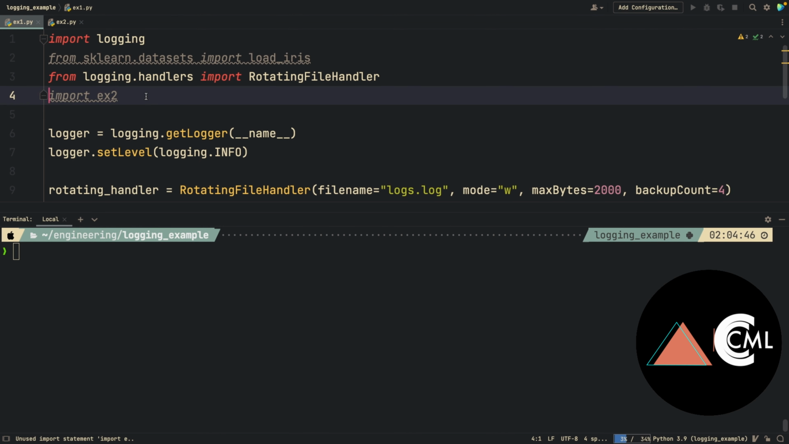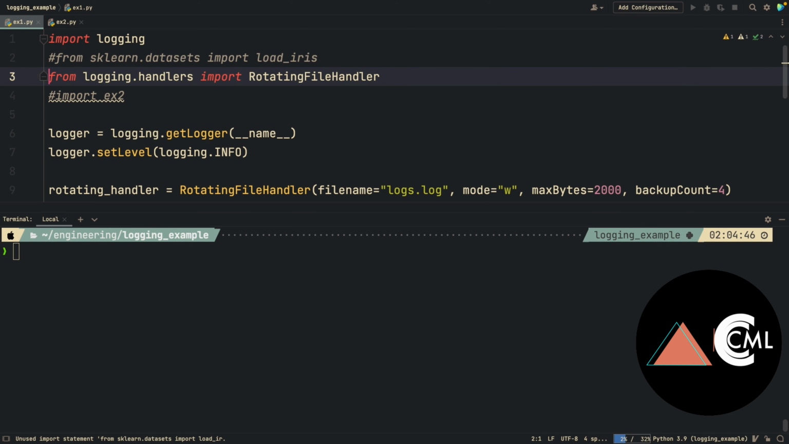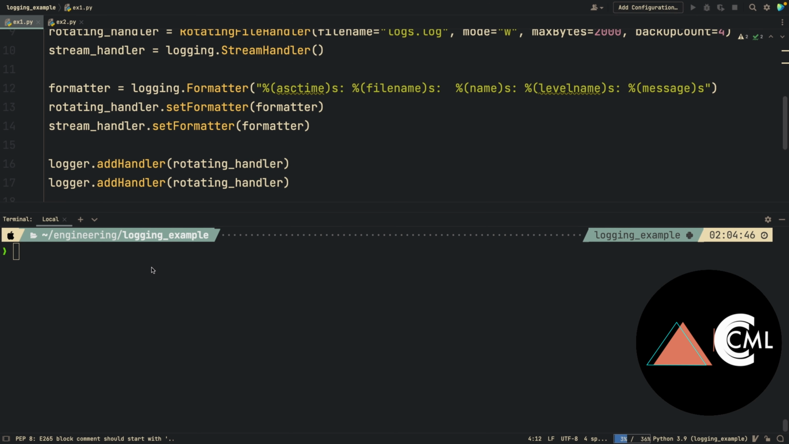Just to show this functionality, I'm going to comment this out at this point, and maybe comment this out as well, because this is not what we're using. So we're using just these. So at this point, I will just run